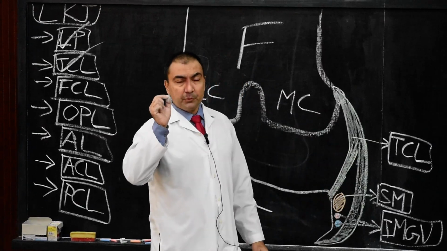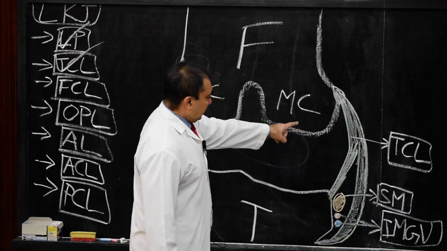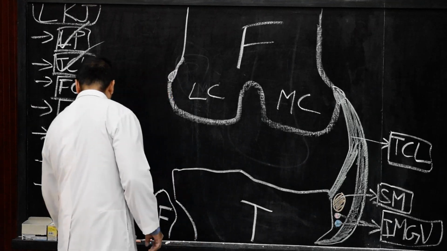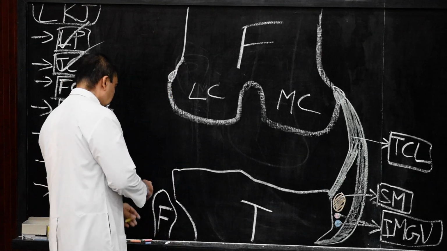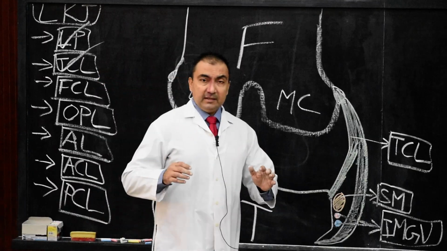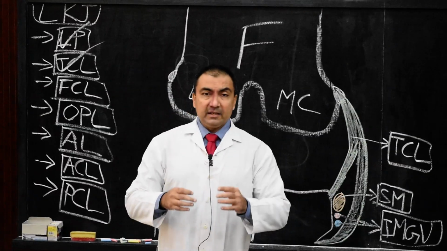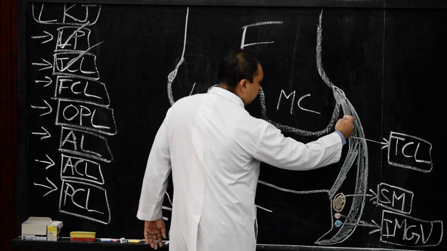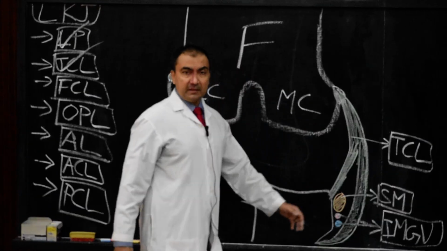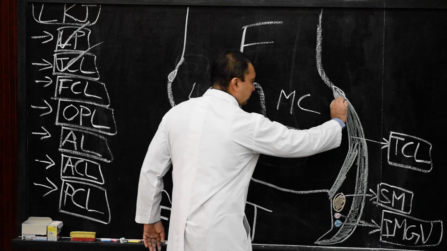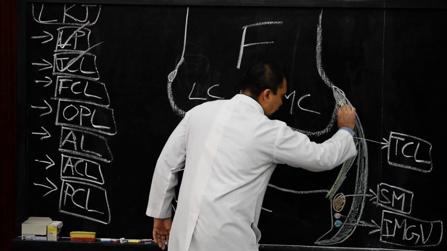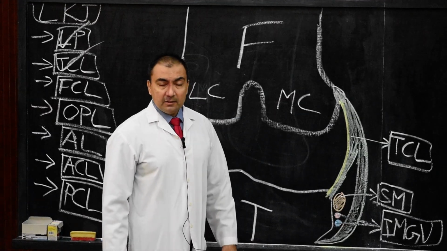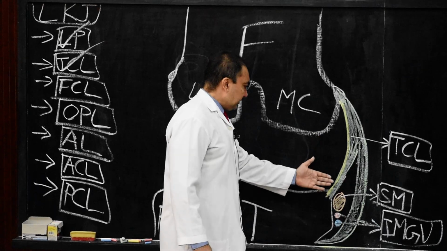One last important point of tibial collateral ligament is that in the diagram itself you have to draw the capsular ligament. If I show the capsular ligament in yellow color, note down that the capsular ligament, as we had discussed in the previous segment, is reinforced medially by tibial collateral ligament. That means the deeper fibers of the tibial collateral ligament are continuous with the capsular ligament. So here this will serve as capsular ligament. Deeper fibers continue as, or are attached to, the capsular ligament of the knee joint.